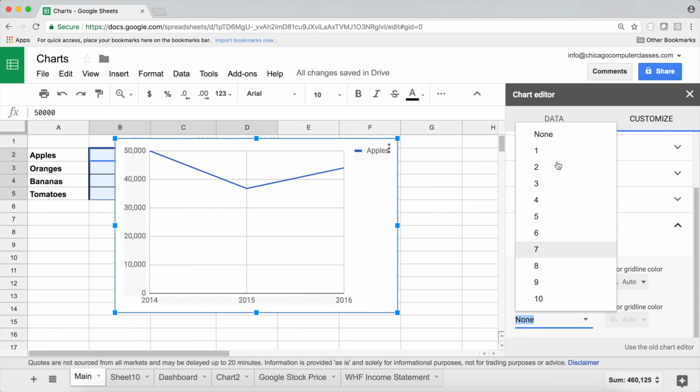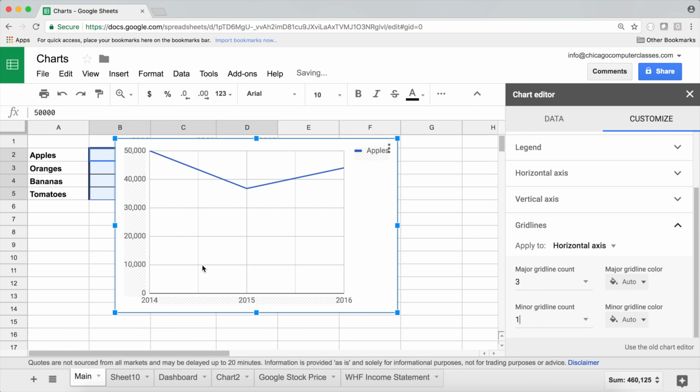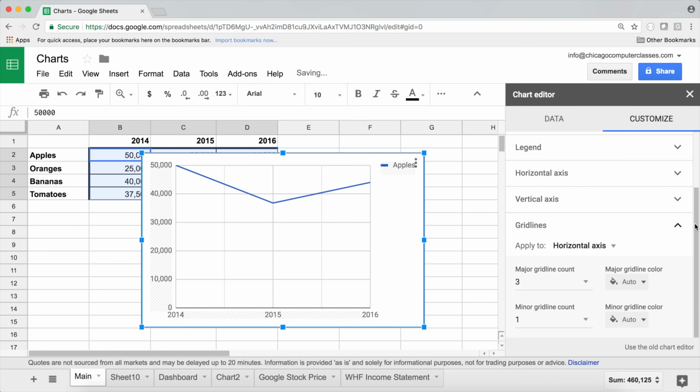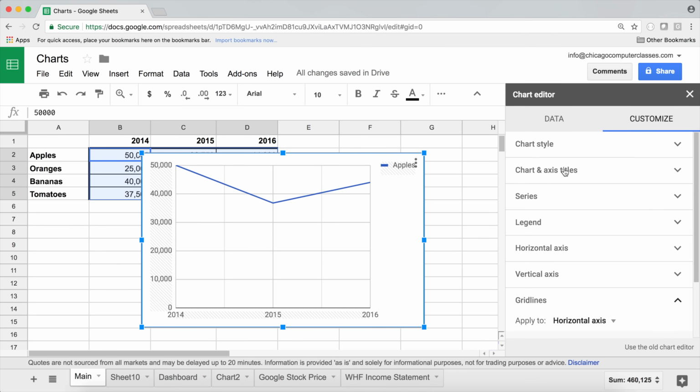So here it's none. So if I add one, it will split it into two. It will still look the same, like this grid, but now we don't have to look at each one of those halves in the middle. Hopefully that makes sense. We can obviously also add a title to the chart by scrolling up to the top,